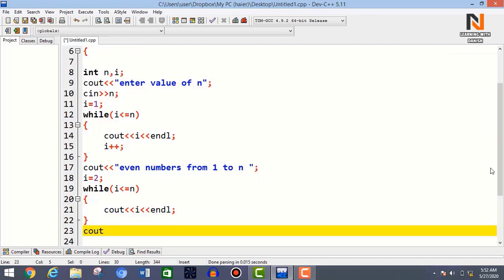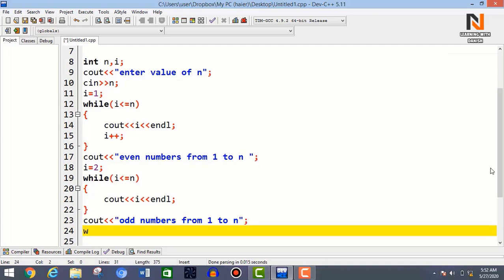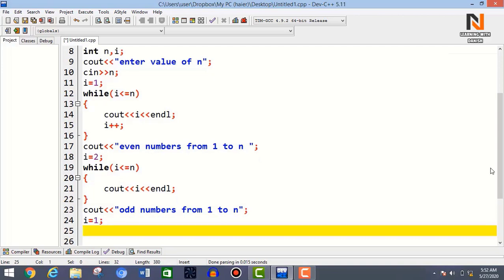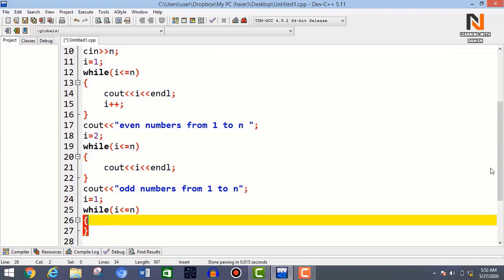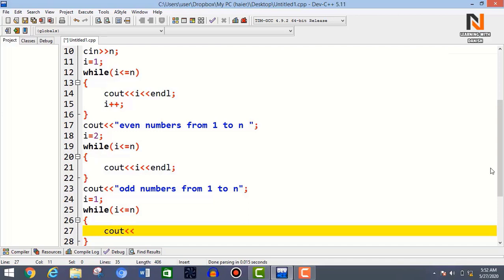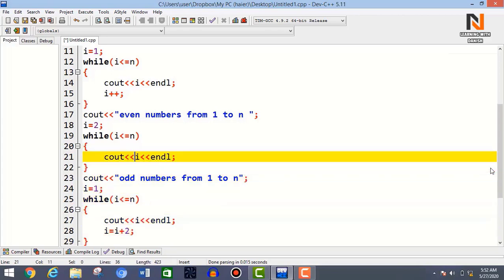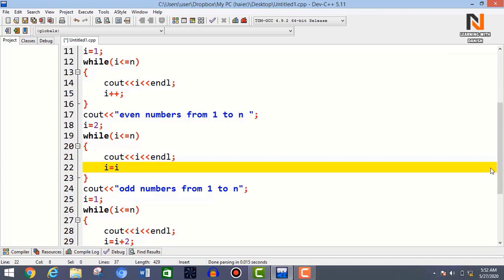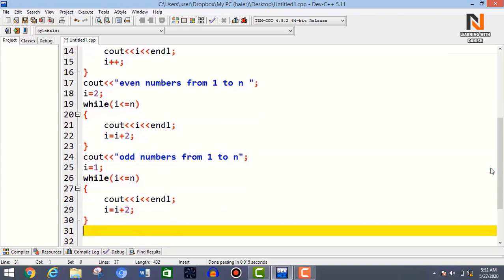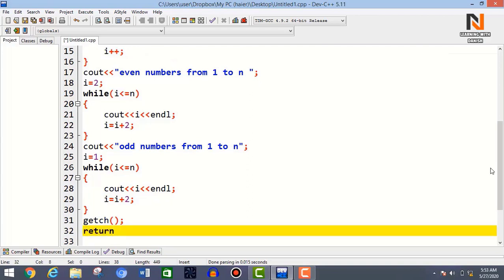Now for odd numbers, you write cout in double quotes, "Odd numbers from 1 to n"; use while, initialize i = 1; while loop, i <= n, and in the curly brackets you write cout << i << endl; Here you increment i = i + 2; and in the end you write the getch function; then return 0;